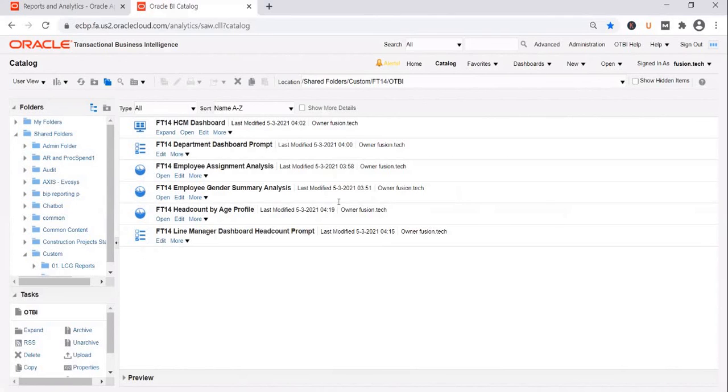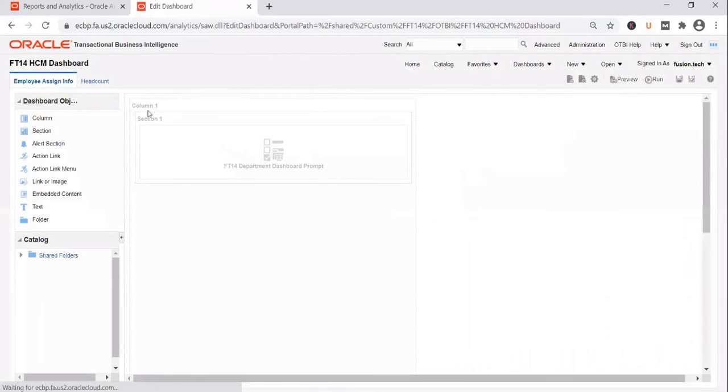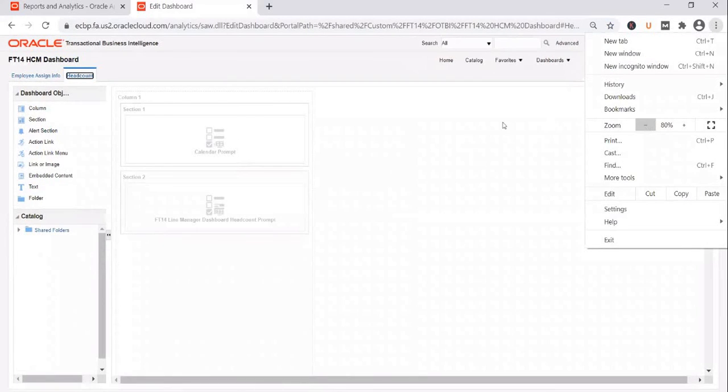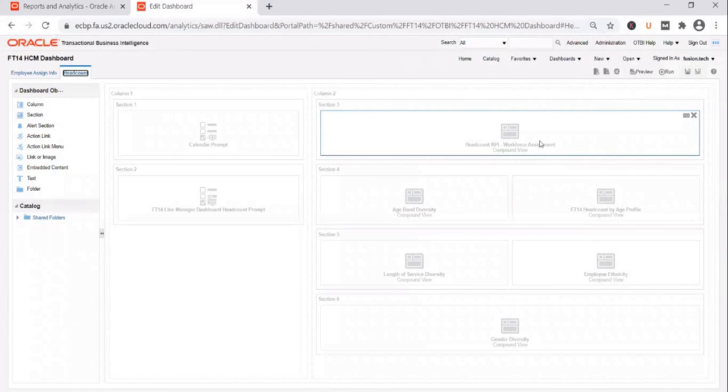Look at the seeded dashboards and look at how Oracle built those reports. Say for example, if you look at this, edit. You see that there is a seeded report attached there. You go in there and look at the definition of it to get a feel of how Oracle has built that. So this is a headcount KPI dashboard. If you edit it, you can see how they have built it.